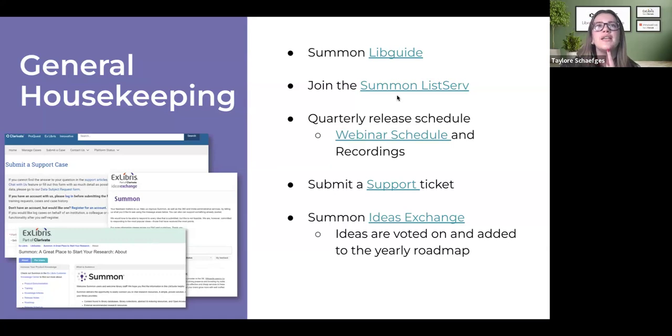The second resource I recommend is joining the Summon listserv if you're not already on it. It is a way to connect with other Summon users and to share your experiences, tips, and best practices. When you subscribe to it, you'll receive emails from the Summon listserv and receive notifications about new enhancements and release info. So not only interacting with other Summon customers and seeing their experiences and questions, but our product managers